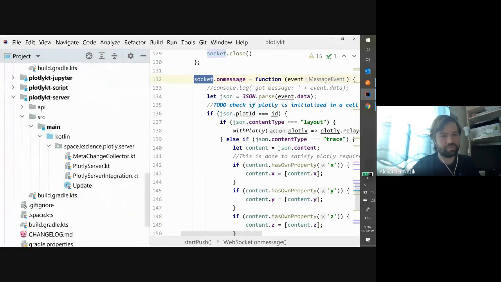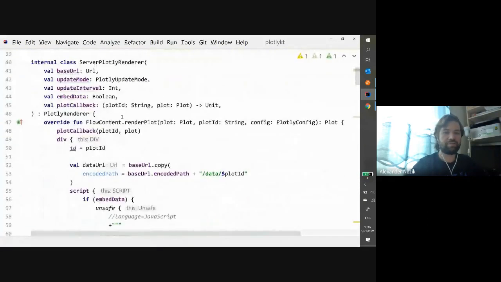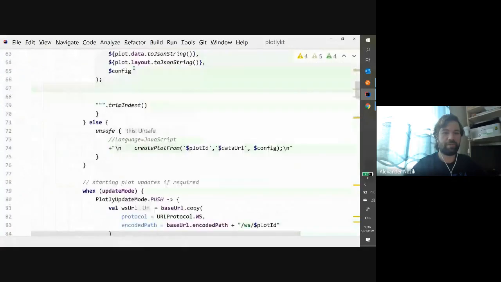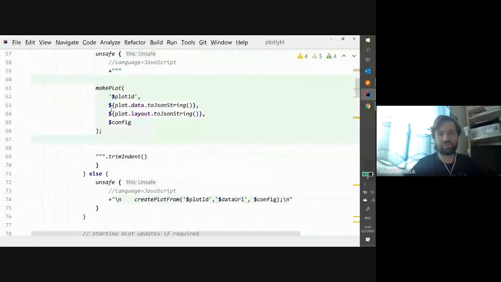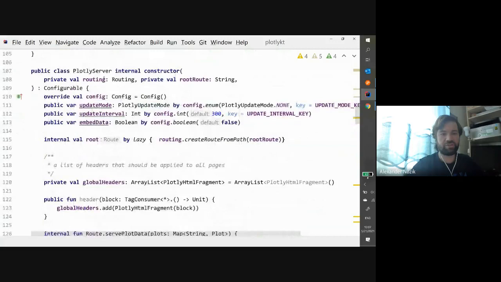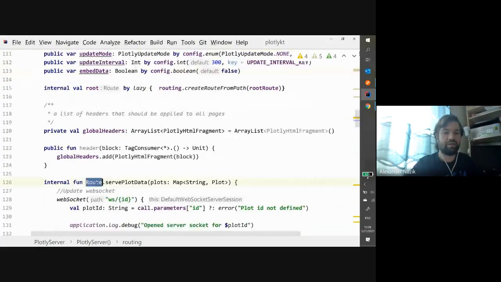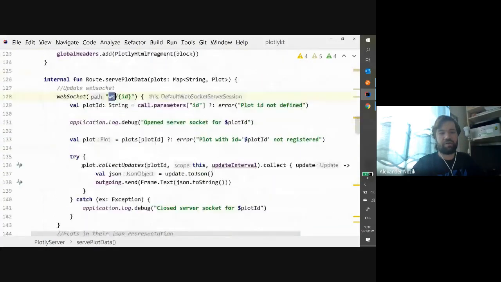Plotly server here. So here it is. You can see it actually creates some additional JavaScript parts in order to properly load pieces, but in general, it's just a quite simple Ktor server running WebSockets. So you see it receives a Ktor routing and then serves WebSocket updates on it using, of course, coroutines